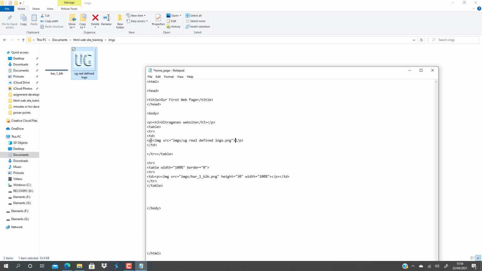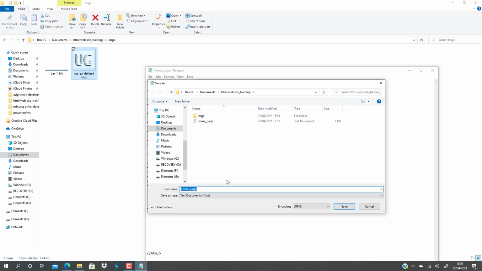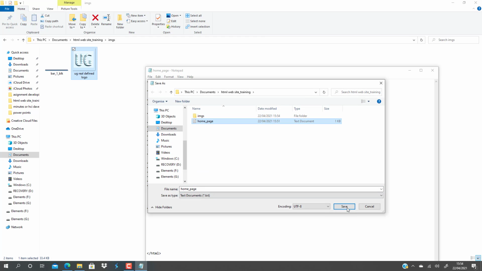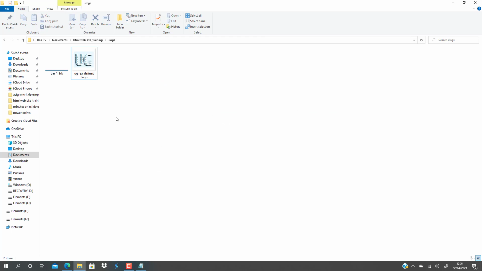But what you have to do now is align to the right. I'm going to align, and that's as simple as that. So file, save as, homepage.html, save, yes, file, save as, homepage, save, overwrite, and then we'll test this. So refresh, and there you have a logo, and it's